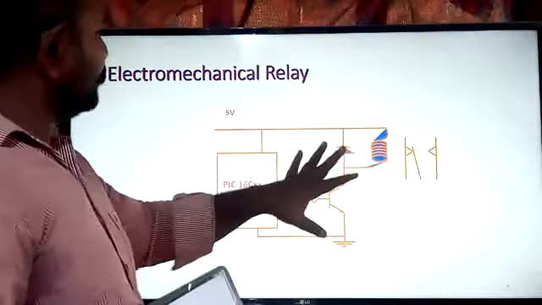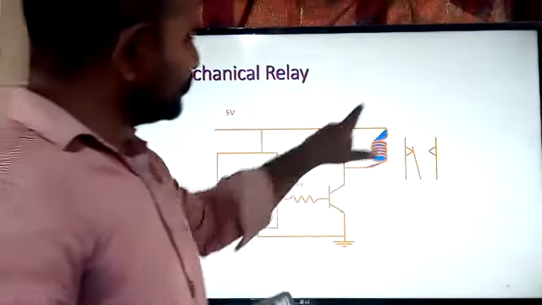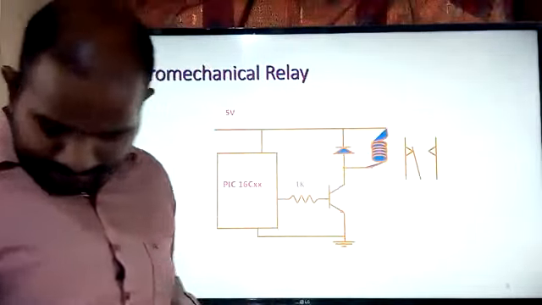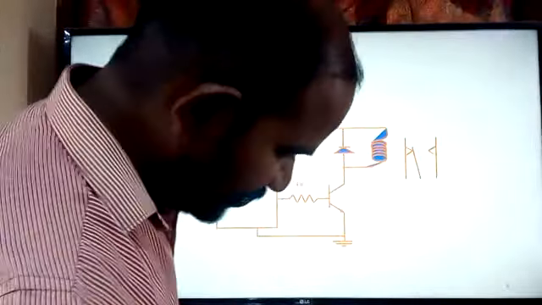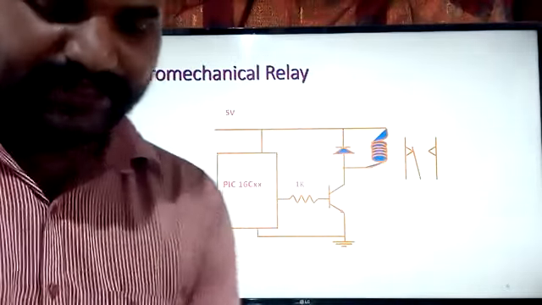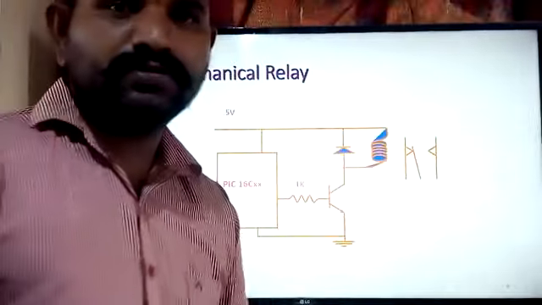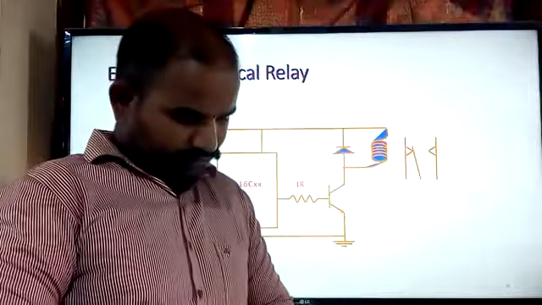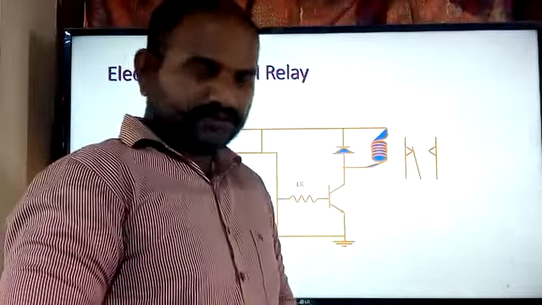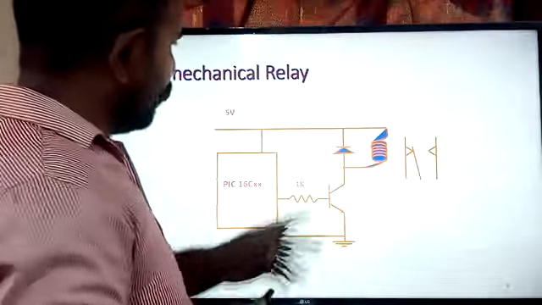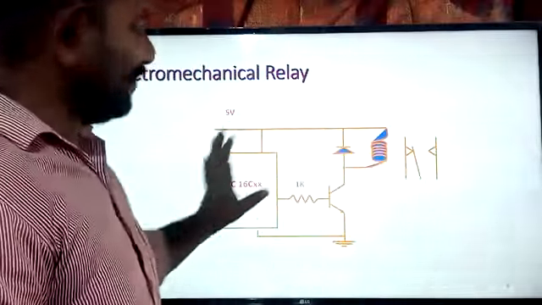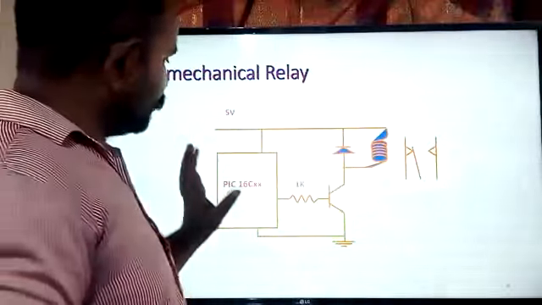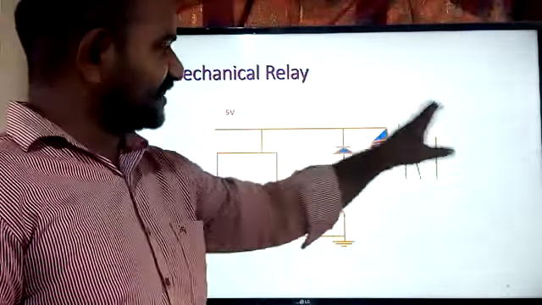So in this format, this is a relay. With the help of the relay, we are able to control the AC devices. In this way, we are able to control the AC devices which deal with the AC power supply using the microcontroller. This is the relay which is acting as a mediator.